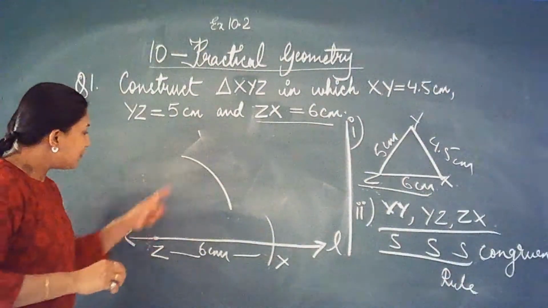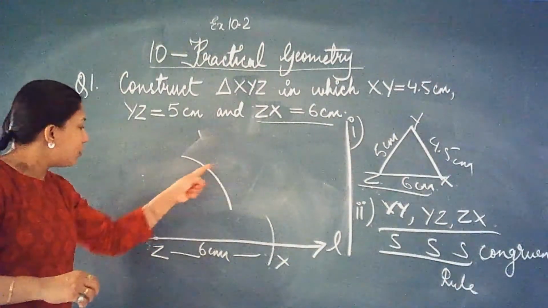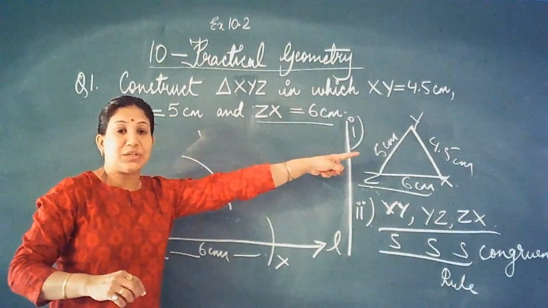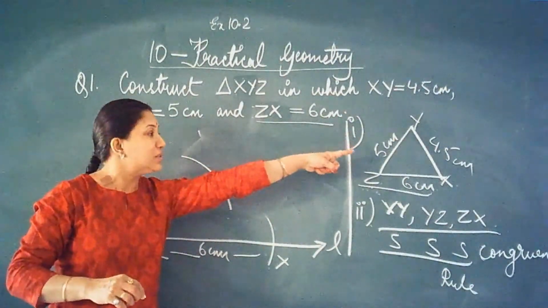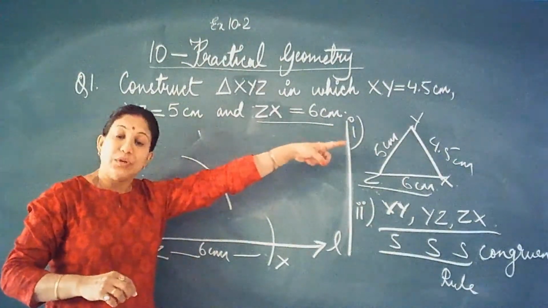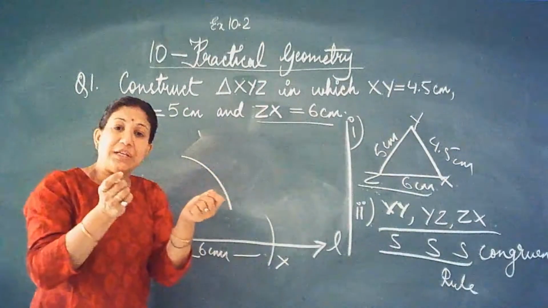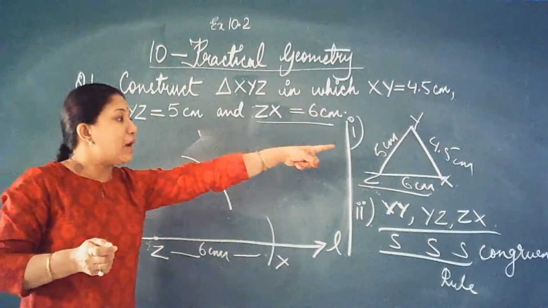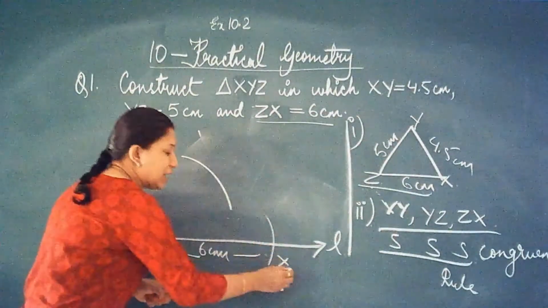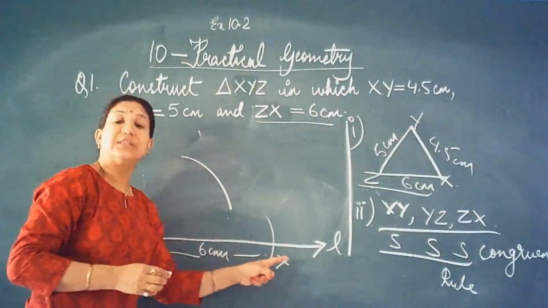Now also when you draw an arc, you still do not get any point. You will get the point when you now measure the third side on your compass. Measure 4.5 centimeters with the help of the ruler. Stretch the radius of the compass, adjust it to 4.5 centimeters and, taking X as center,